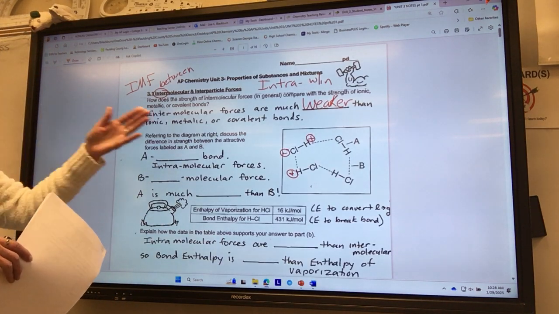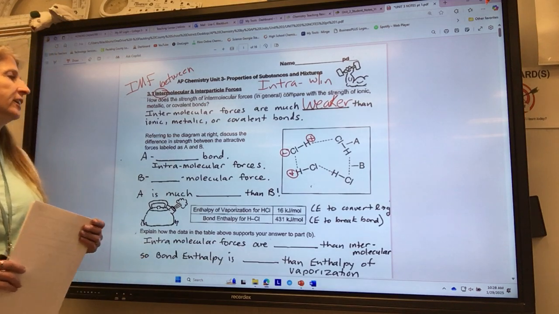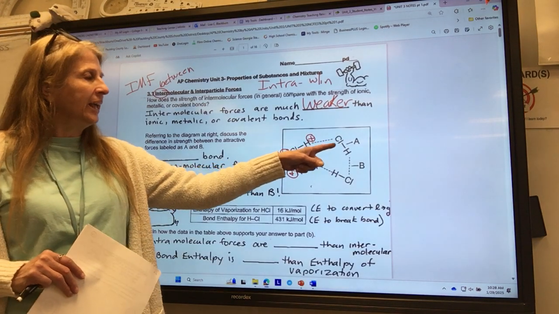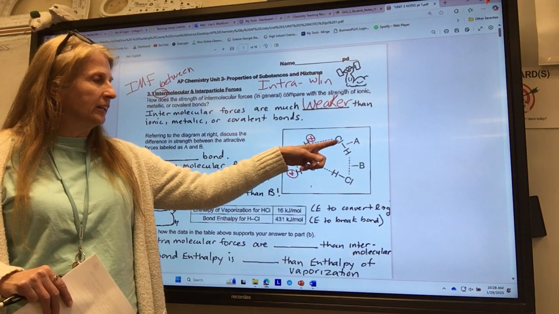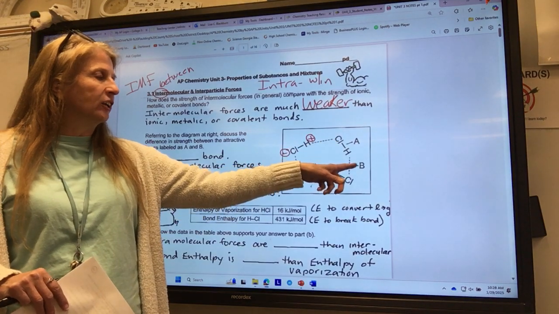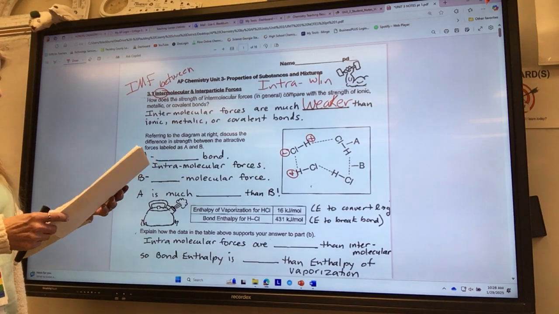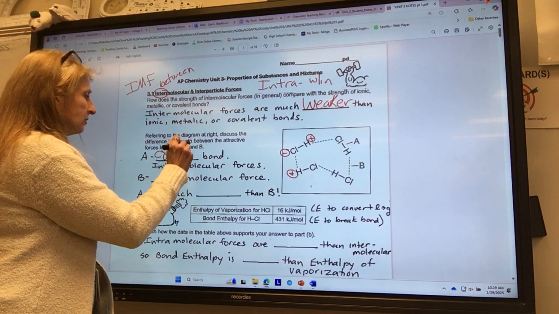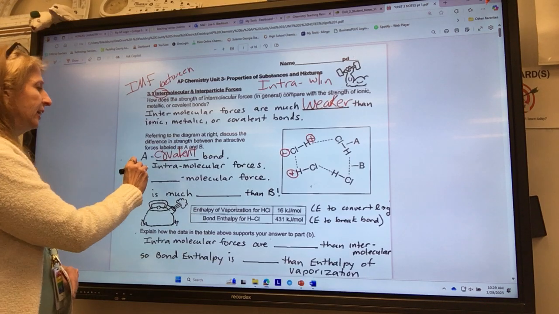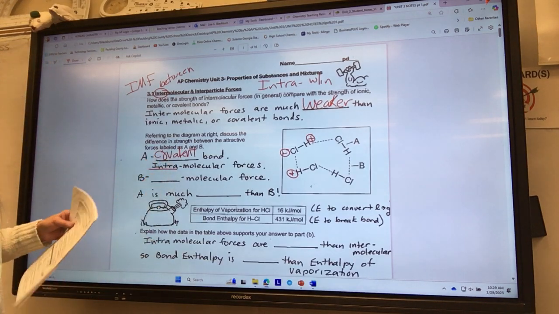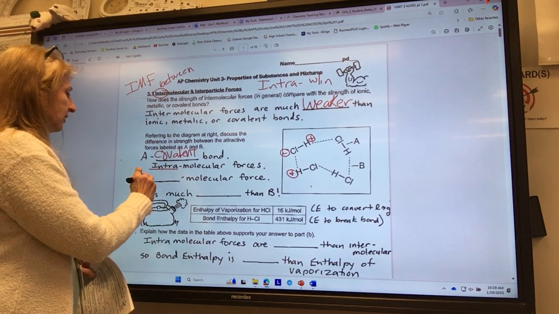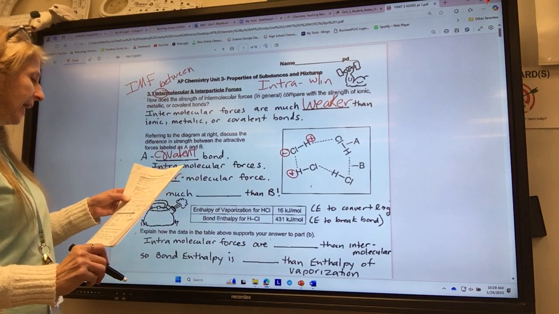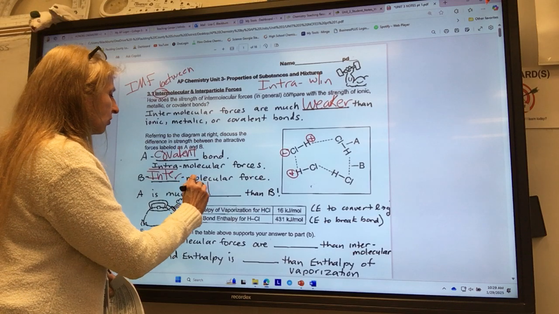So, referring to the diagram at the right, discuss the difference in the strength between the attractive forces A and B. A is a real bond. It's a covalent bond. B is this intermolecular force. So A is a covalent bond. Okay. It has intramolecular forces. B is intermolecular forces. And A is much stronger